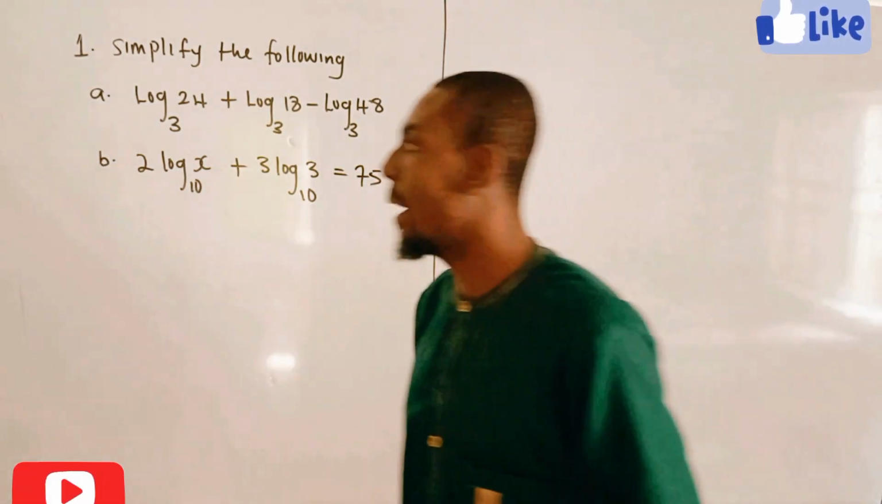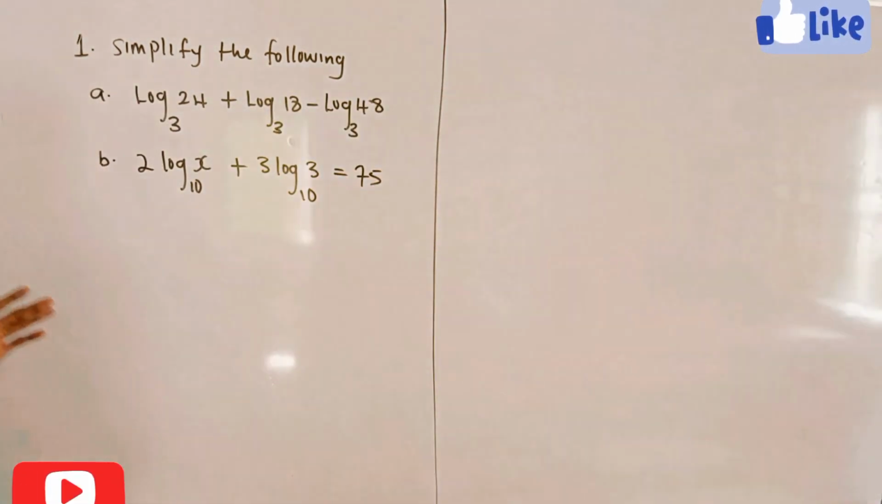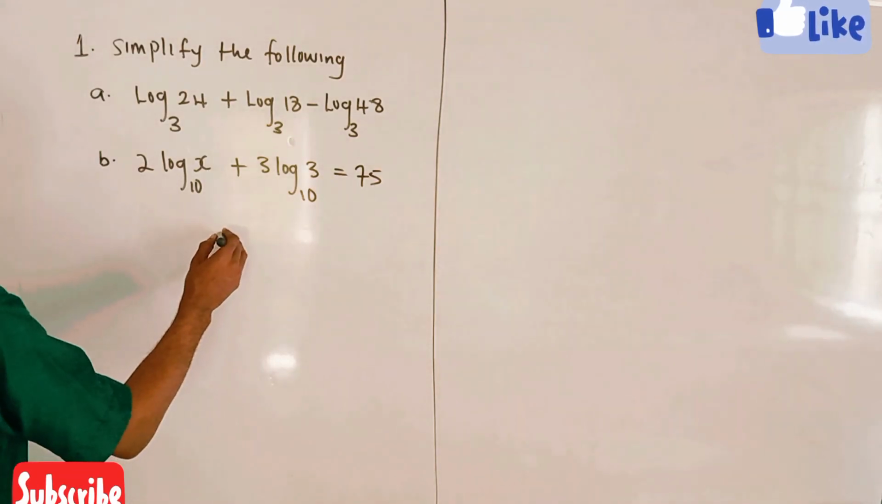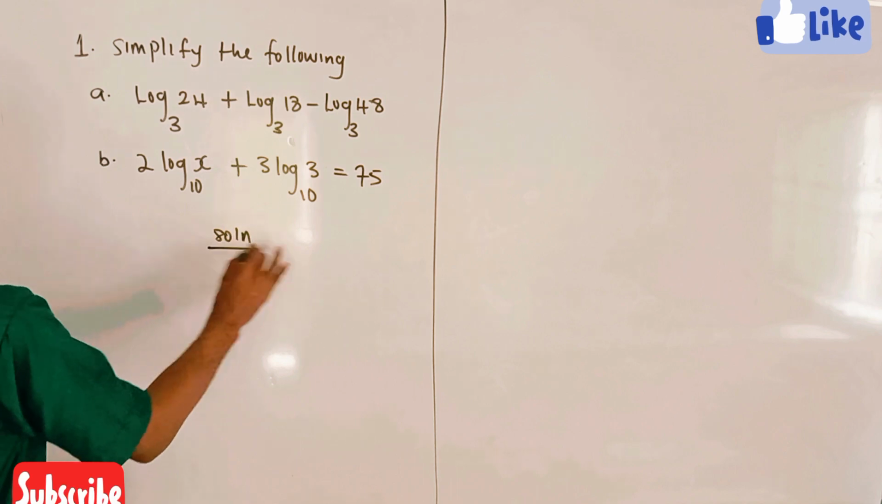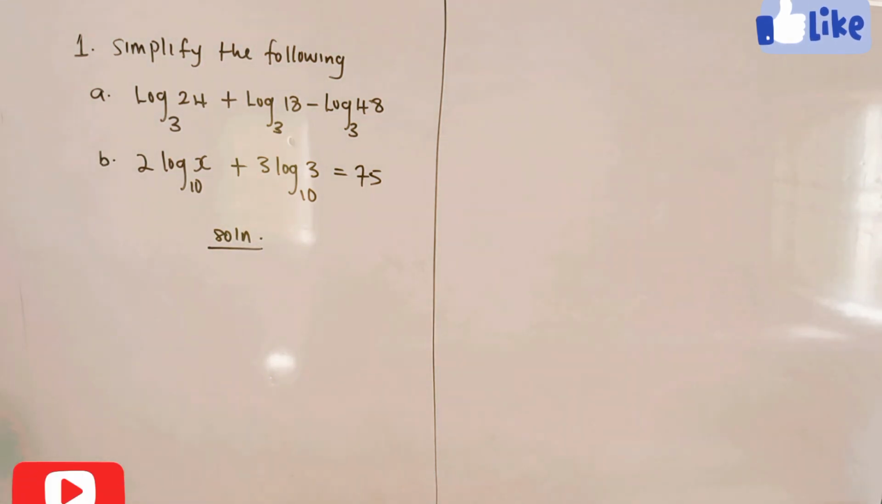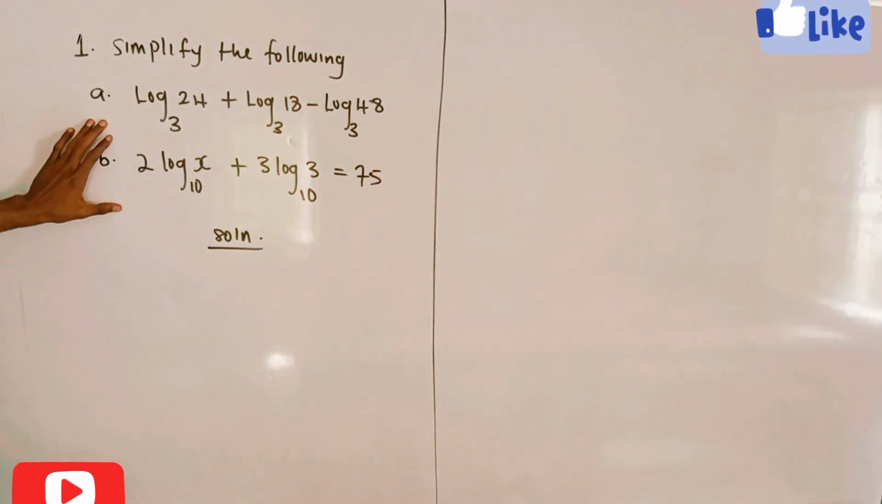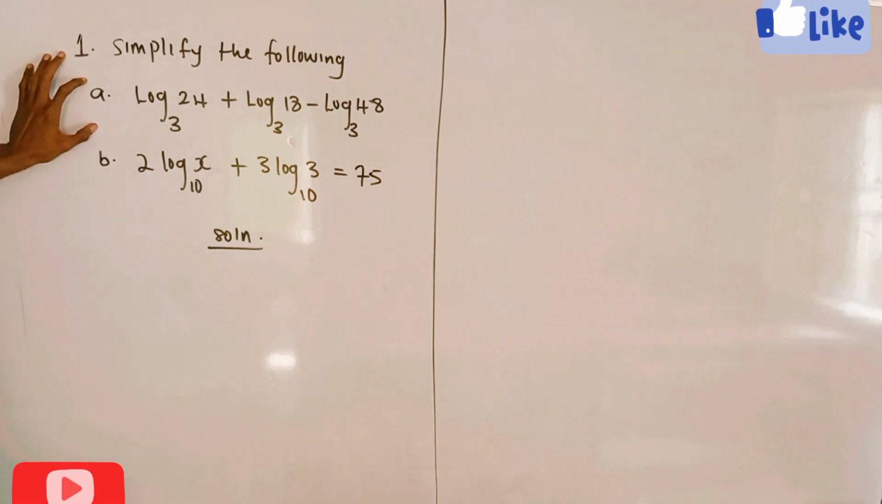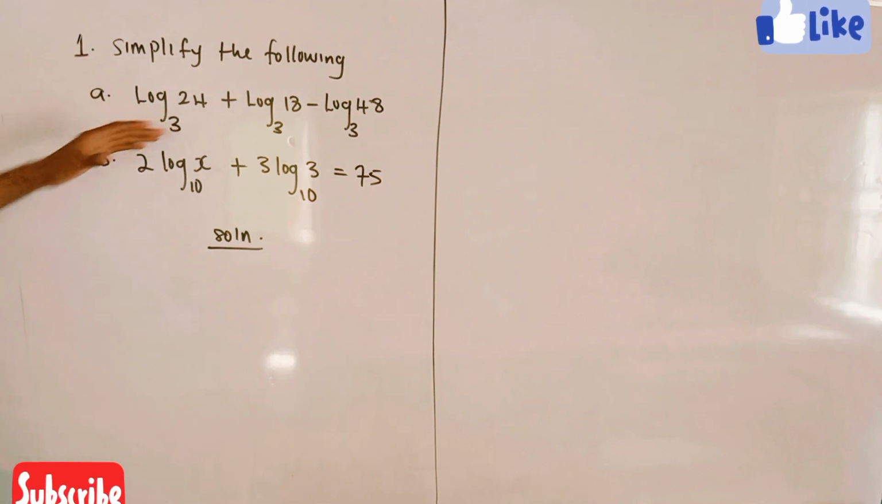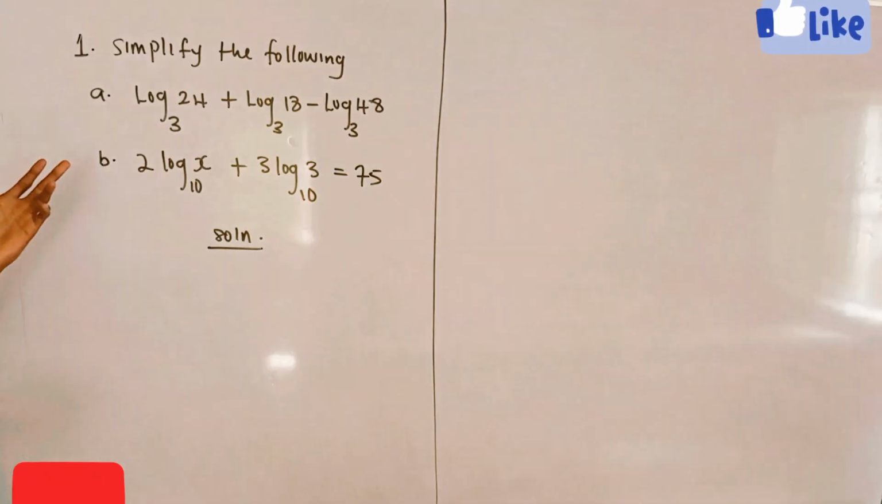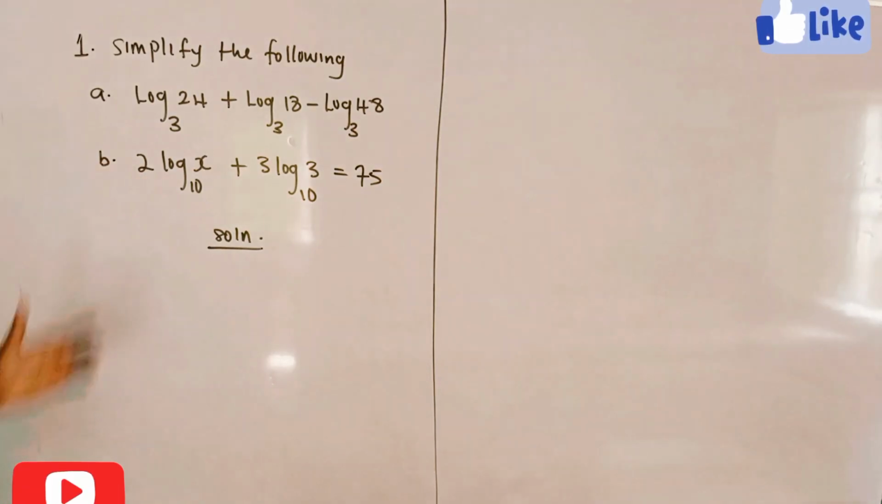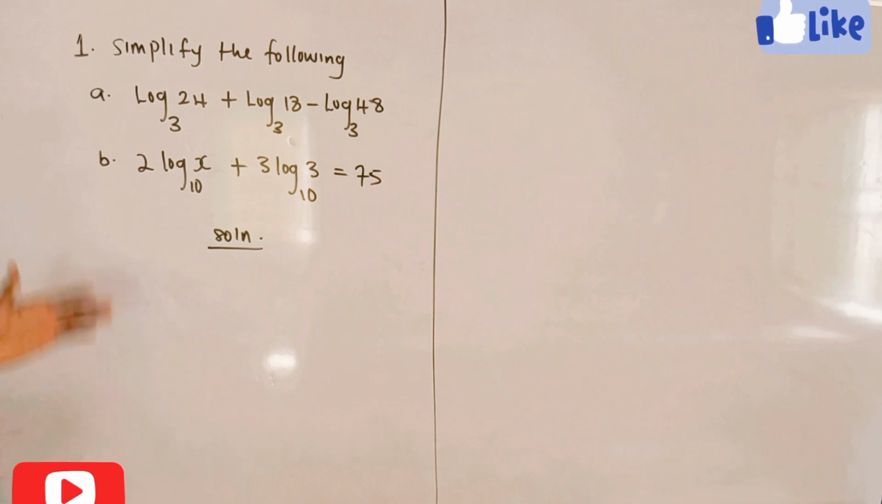We have to simplify the following. We have question A and question B. Of course, question B is an equation, and question A is a logarithm expression. We have to simplify A and then solve the equation at number B. So we have